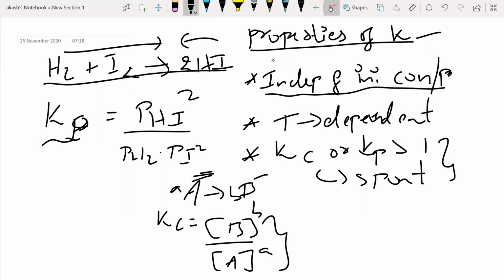Right. Now, if I take the backward reaction, that is B giving A, now what will happen? This is the next point, people. So what I'm telling is, if I write the backward reaction, bB giving aA, so that's the backward reaction. If I write it as Kc dash, now what will happen? What is the reactant here? Reactant is B. What is the product? Product is A. So now how it will be? It will be A to the power a.